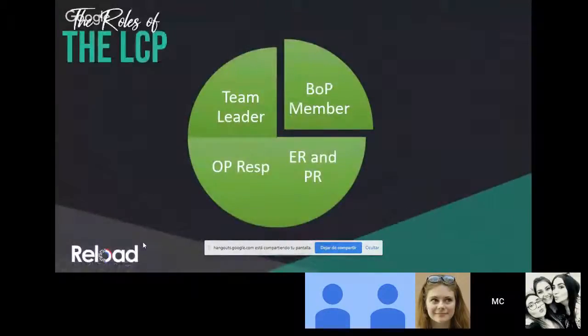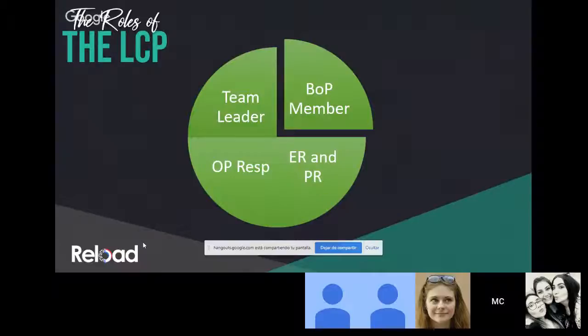The first thing is that being a BoP member is an integral part of your role as LCPs. So for me, there are different definitions of what are the roles of the LCP, but for me, the LCP has four main roles or four main responsibilities. That is the things that the LCP should do. If an LCP is doing something else that is not one of these four things, then you are not being an LCP. So the first one is to be team leader of your EB. Therefore, it's really basic, is to deliver team standards and to guide the strategic frame of your EB.